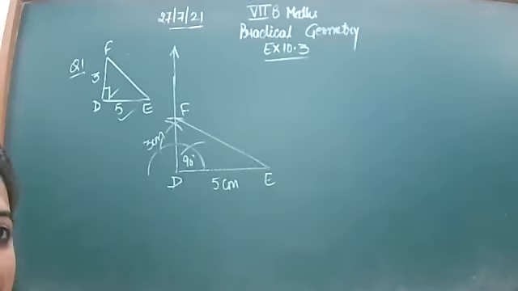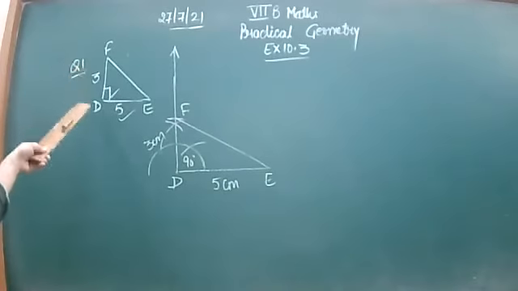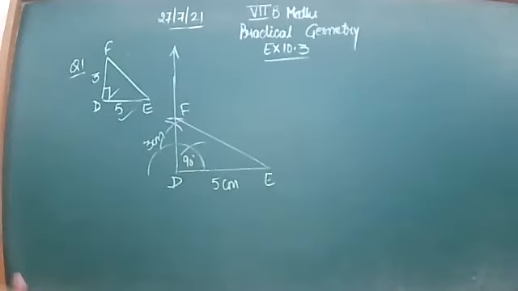Firstly, you will draw the base that contain the angle. So that base is 5 centimeter. At D, we have drawn 90 degree angle with the help of the compass. Then after constructing the angle of 90 degree, you will put the arc from D of 3 centimeter as DF is given. So DF is 3. So from D, we have drawn the arc of 3 centimeter and you have given that arc as name F. And we have joined EF.